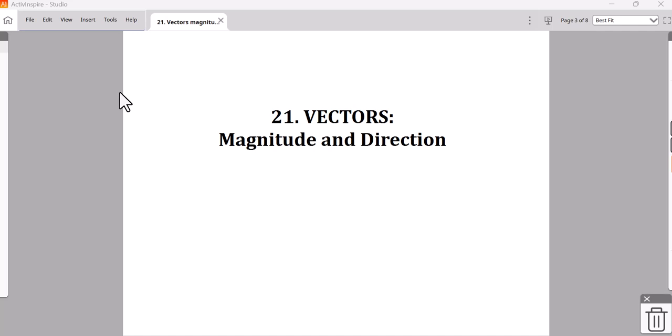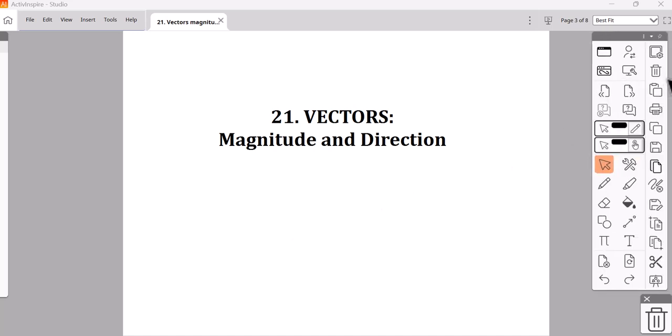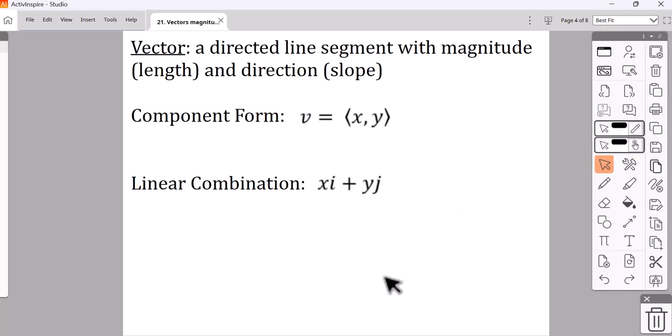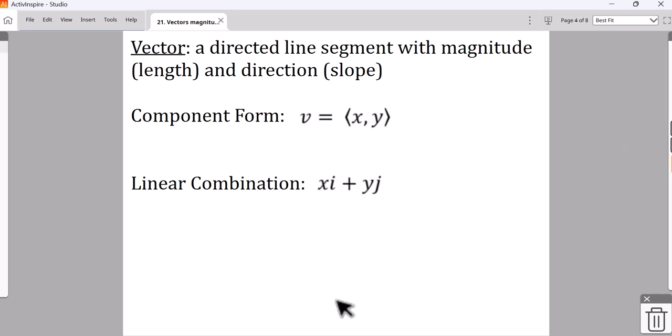We are switching gears to vectors, and we're still doing some things with trig, but the things we're doing now have more to do with real world things rather than this theoretical math with sines and cosines and tangents. Today's focus is solving for the magnitude and the direction of our vectors. First things first, a vector is a directed line segment with magnitude, or a length, and a direction